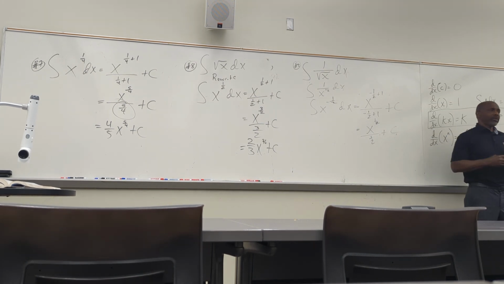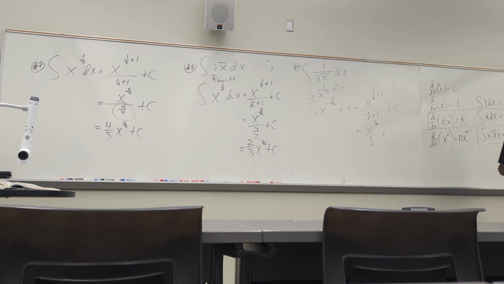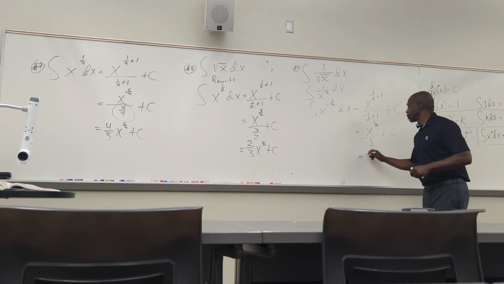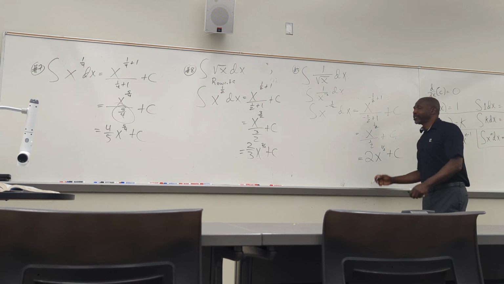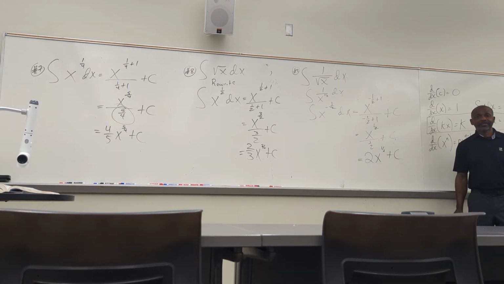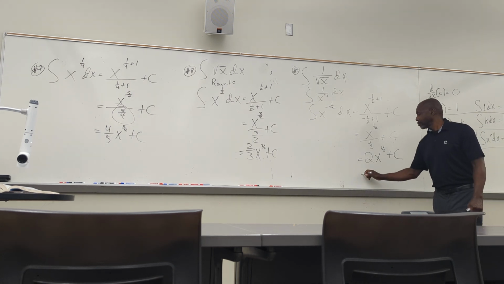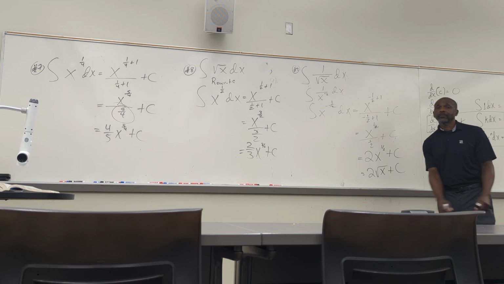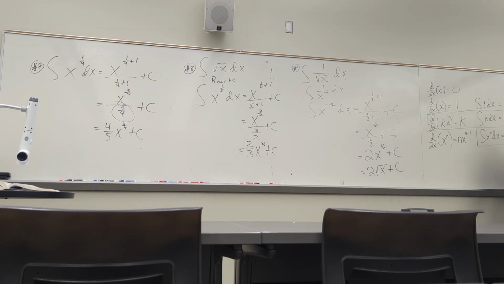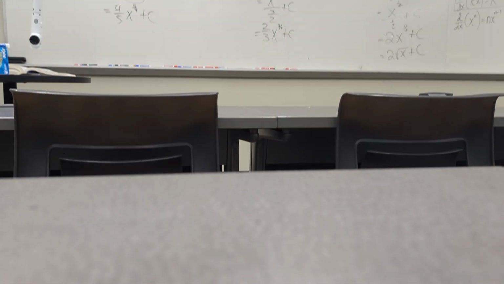Again, I don't like that fraction in the bottom, so I need to multiply by 2. What's x to the 1/2 the same as? You're doing the same thing over again. Add 1 and divide by it. But first you need to